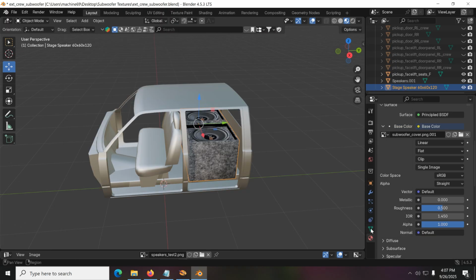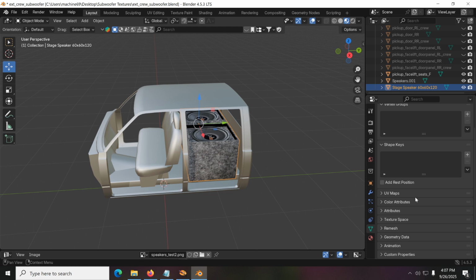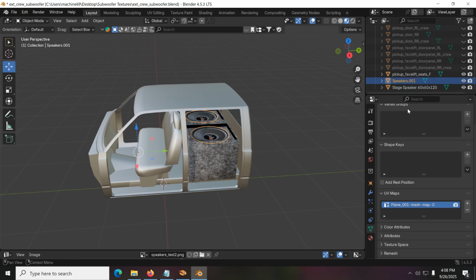Now if we go to join these two, you're going to want to click there and then UV maps, and you can see there's two of them there. The first one highlighted is the correct one. Now the speaker one is named different on the UV map, and you're going to see what happens when I try to join. So we're going to click both,